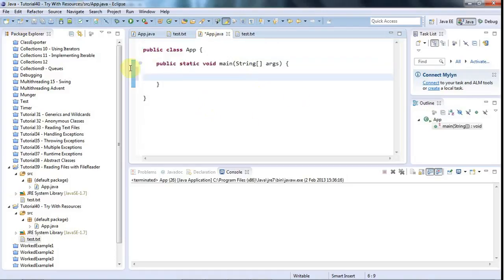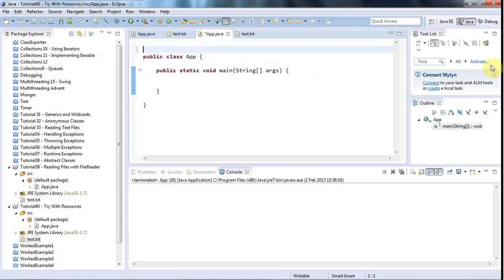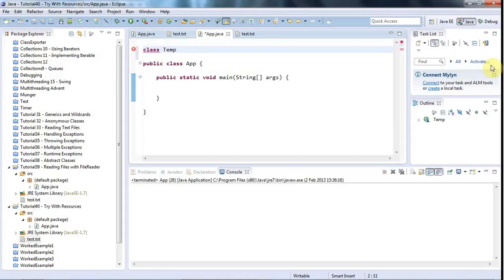Now, actually, I'll show you how this works without files, because what I'm about to show you is nothing intrinsically to do with files. It just happens to be very handy for working with files. So I'll show you it independently of files first. Let's imagine that we've got a class up here. I'm just going to call it temp, and I'm going to say that temp implements AutoCloseable,